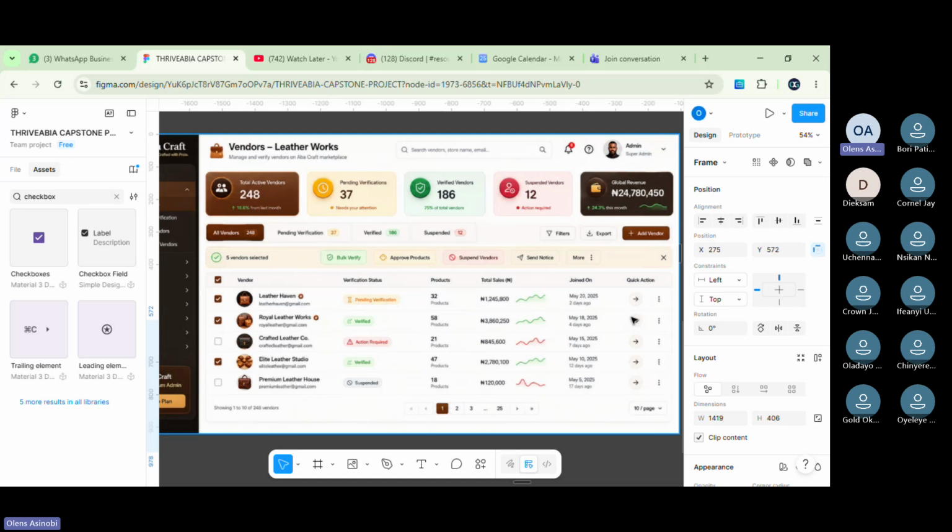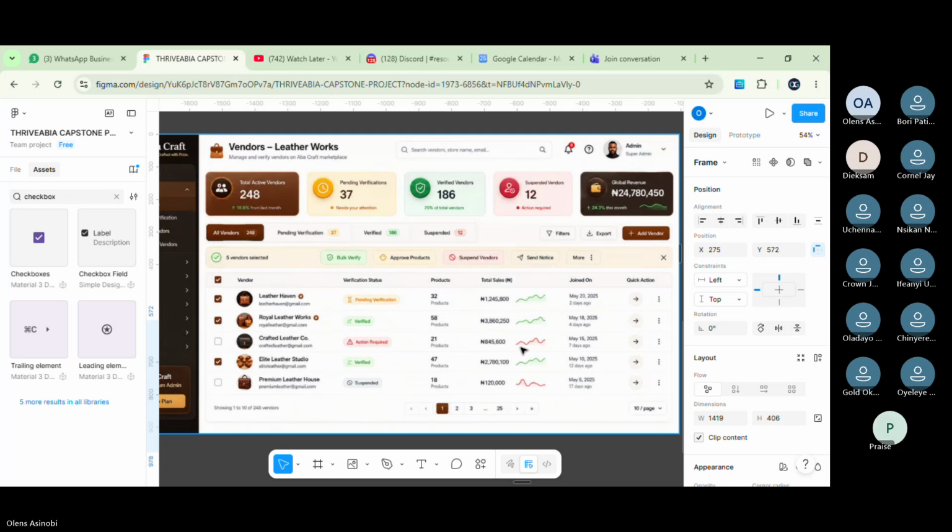Then I said for the quick section, you have an arrow and then you have those three small dots. It doesn't have to be those two. Just choose only one. Do you understand what I'm saying? Choose only one. Do you get me? Yes, sir, I do. If you're using the arrow, remove the three dots. If you're using the three dots, remove the arrow. It doesn't make sense to be having those two. The two of them are pointing to the same place. Okay?